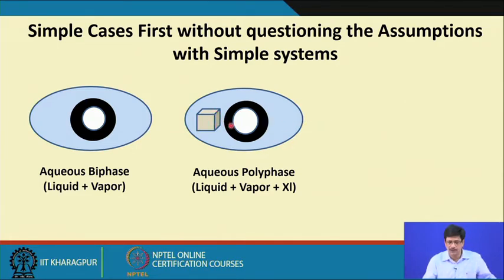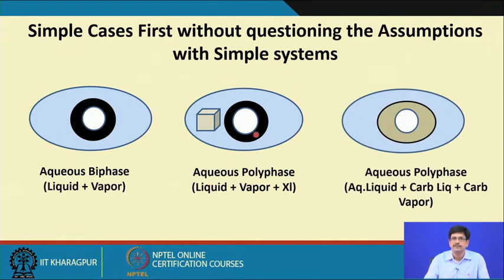So, we call them aqueous polyphase, liquid plus vapor plus crystal, and the third most common type of inclusions are the mixed water and gas, or water and carbon dioxide inclusions, where we have an aqueous liquid, the carbonic liquid, and the carbon dioxide vapor. The meniscus, the interface between the vapor carbon dioxide and the liquid carbon dioxide, is not very dark, it is rather pretty sharp and prominent. So, these are the inclusions which are very easy to identify in the host minerals that we are studying.